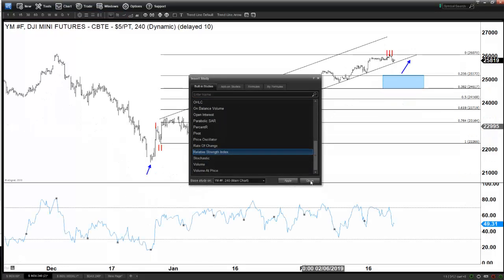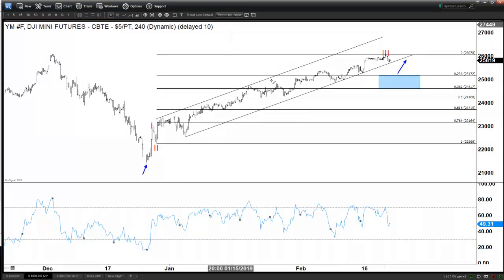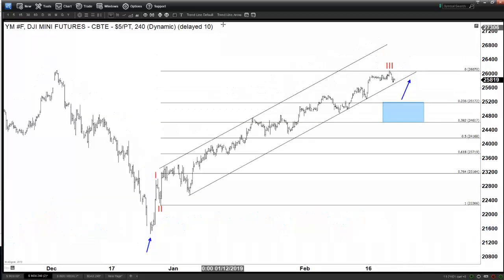If we look at the momentum, you can see a divergence already. What this is saying is that there is a possibility that wave 5 has ended, this cycle has ended, and we do a bigger correction. That possibility is there, but the reason that we do see the possibility of one more push on the upside